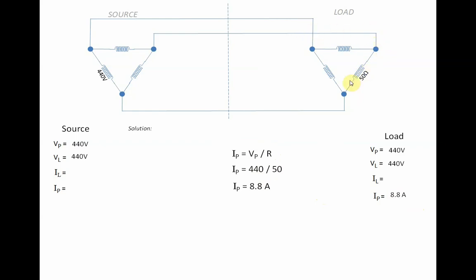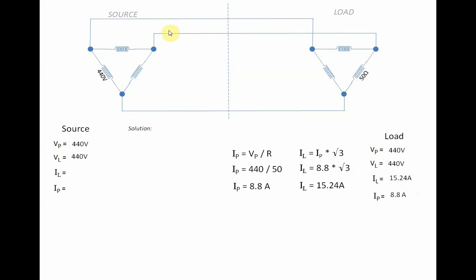Now in delta connection, we know that line current is phase current times square root of 3. Substituting the values, we have phase current 8.8 times square root of 3. Line current would then be 15.24 amperes. Now remember, if the line current that is delivered to this load is 15.24 amperes,